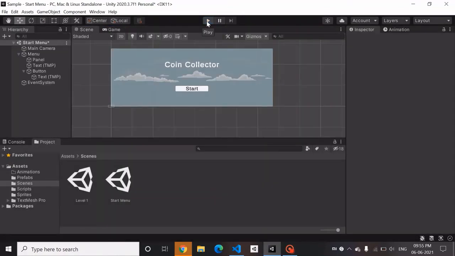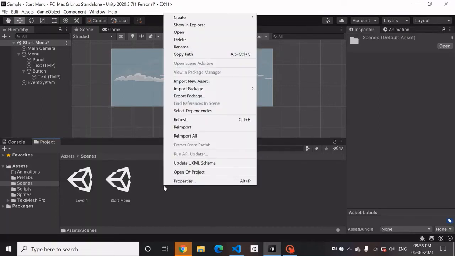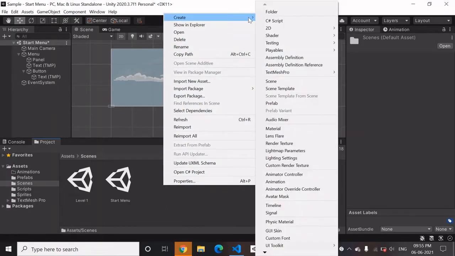Okay, so now what we want to do is after the player dies, we want to show a play again screen, or like just an end screen. So for that, we'll create another scene.